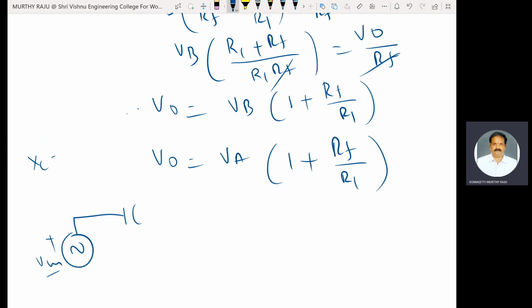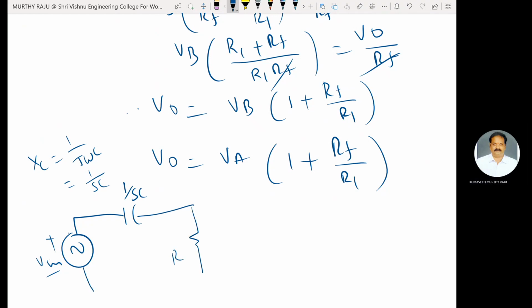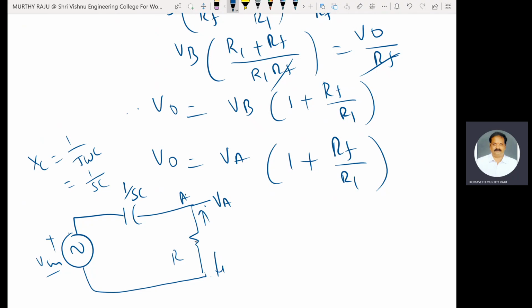The capacitor reactance XC is equal to 1 by j omega C, that is 1 by SC, where S is equal to j omega. Here write 1 by SC, and the resistance R here. The voltage at point A is VA. VA is the voltage across R. According to the voltage division rule,